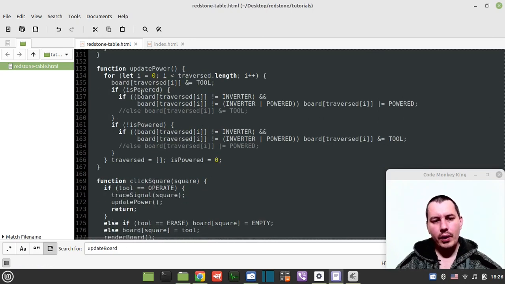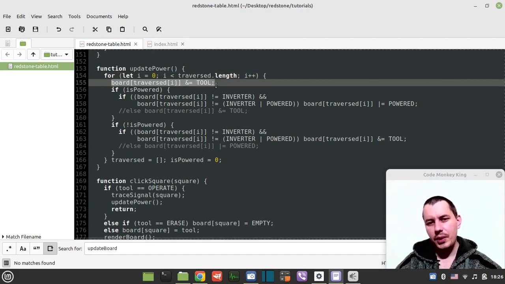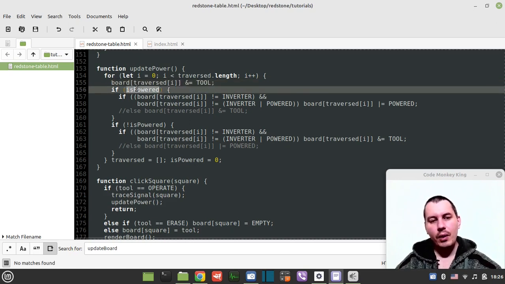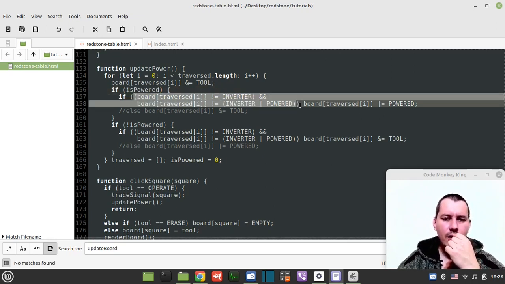So update power. If it's powered, it traverses all the squares within the traversed list, and by default it strips all the marked bits, and any power bits as well, it strips everything but the value of the element. Now when it's powered, and if it's not an inverter, either just the turn off or the turn on, in that case it just makes it powered like this. And hold on a sec, do I really still need this? Yeah, so this actually ensures that the inverter is not treated as